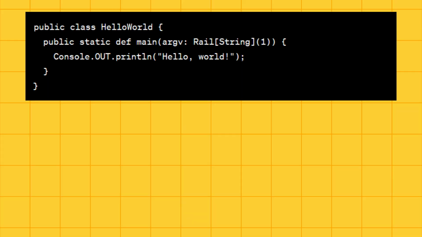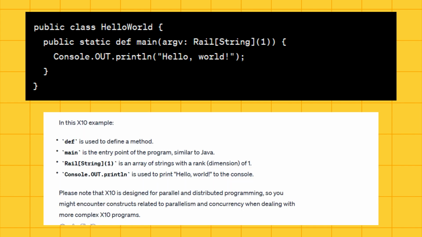Here's a simple example of an X10 program that prints "Hello, world" on the screen. The first line, public static void main, tells the computer that this is the main part of the program. The second line, System.out.println("Hello, world"), tells the computer to print "Hello, world" on the screen. When you run this program, the computer will read each line of code and do what it says. It will create a variable called System and store an object in it